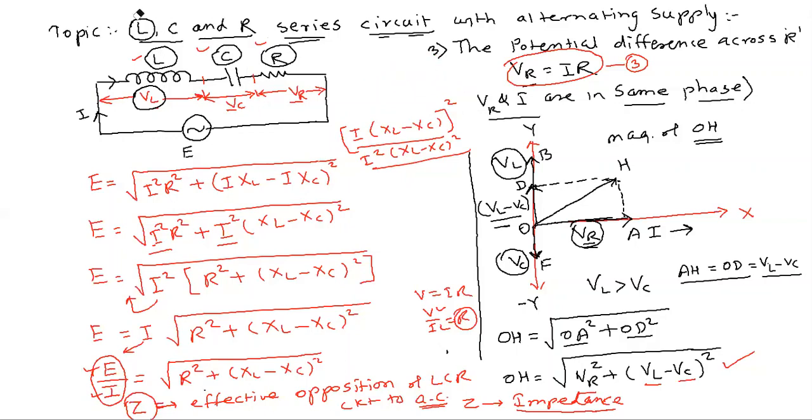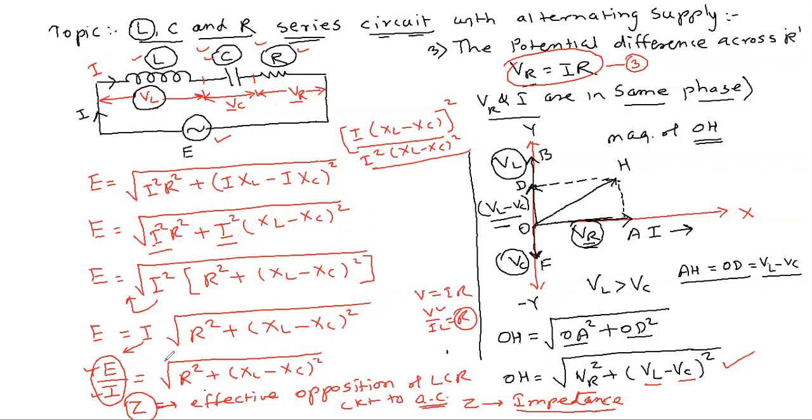So similarly in this circuit also, if you are using the inductor, capacitor and resistor, 3 elements, they are also opposing this current I. That means they are opposing the flow of current, which you have already calculated as inductive reactance, capacitive reactance, and the resistance. So what is the effective value of this one? Just as you have calculated the effective resistance in the series combination of resistors, here also you get the effective opposition of the LCR circuit to the AC source you have used here. So you got the effective opposition, and that term is called impedance.